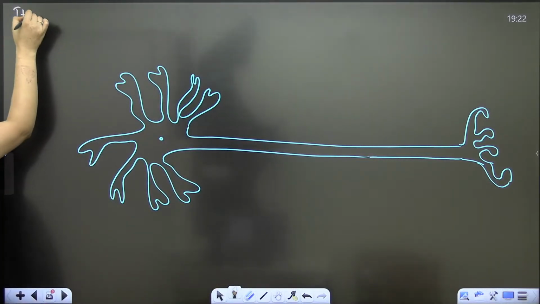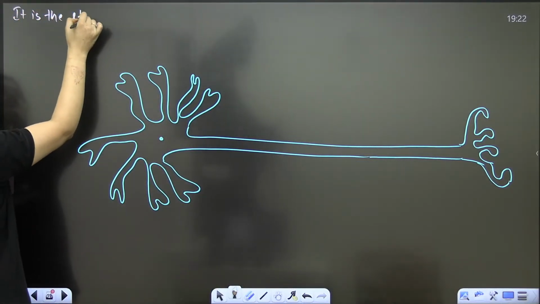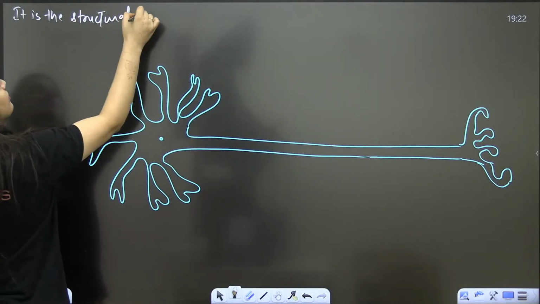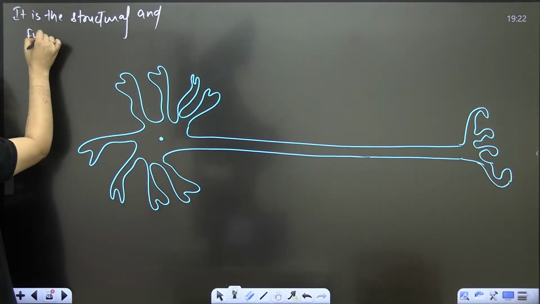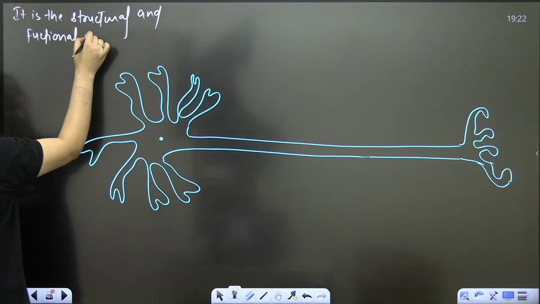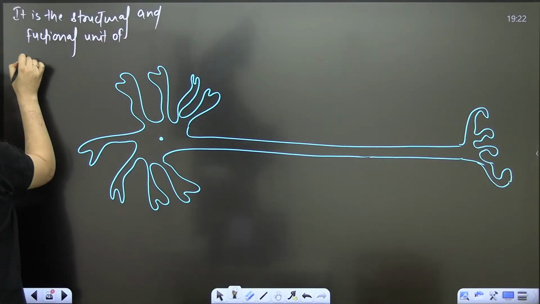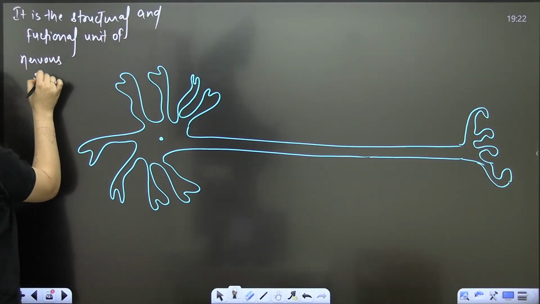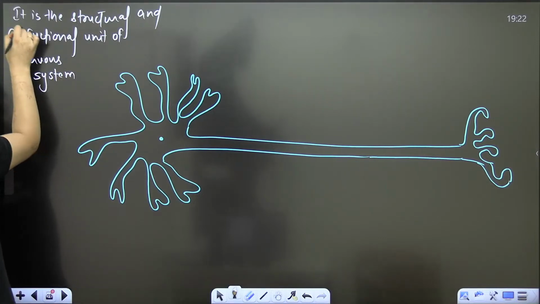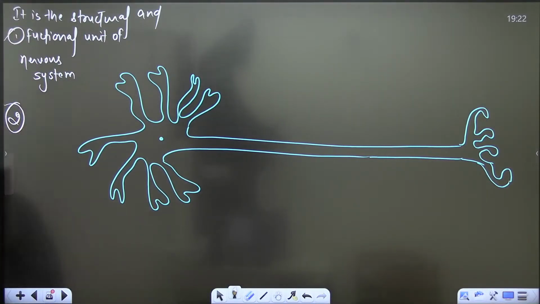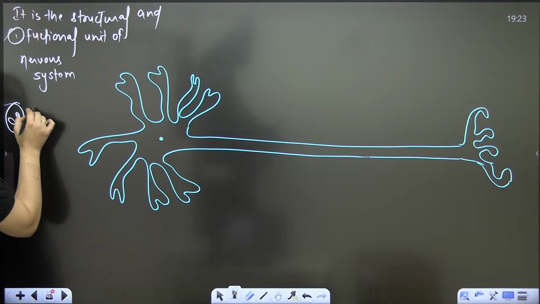It is the structural and functional unit of nervous system, am I right? And how many parts are there? Here you are going to talk about 3 major parts, and mainly you will talk about the